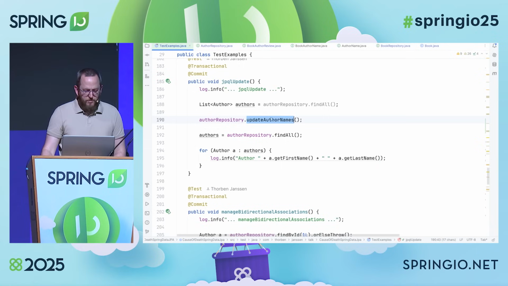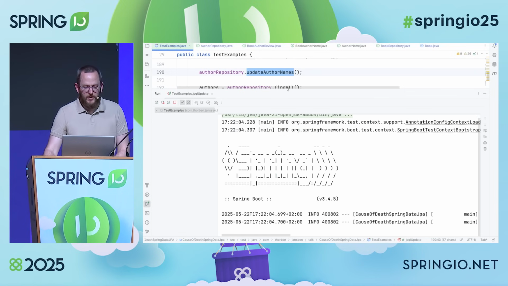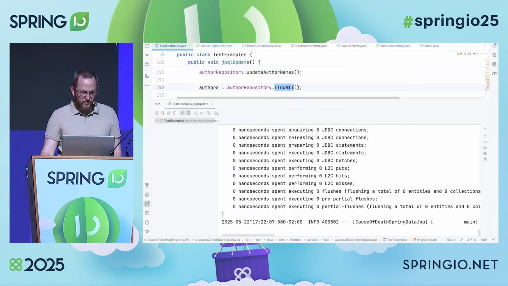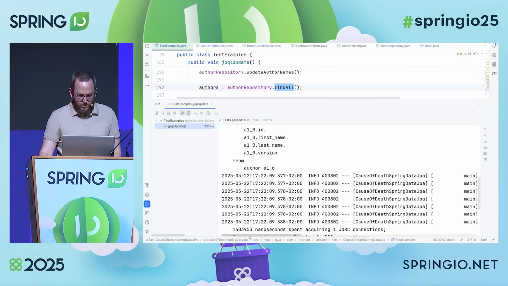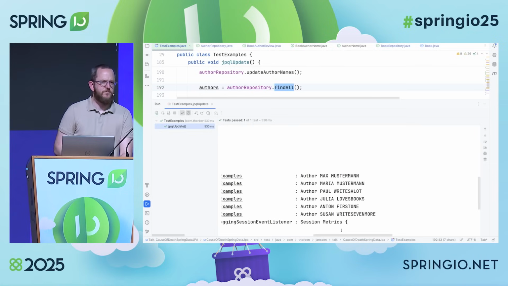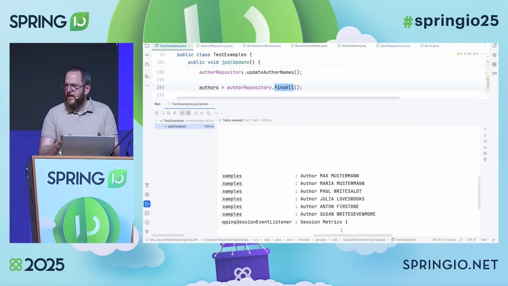So if before executing the update statements, we actually get rid of all managed entities, we can then fetch the author entities down here again, and now we get the expected result. So to be clear, we didn't have any real inconsistencies here. It just looked like that because we didn't get the modification that we just performed on the database. But depending on what your business code does, it's almost as bad as having a real inconsistency because you will work for the rest of your transaction on outdated data.